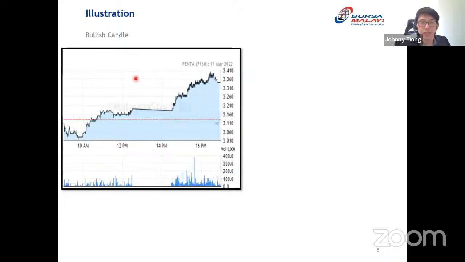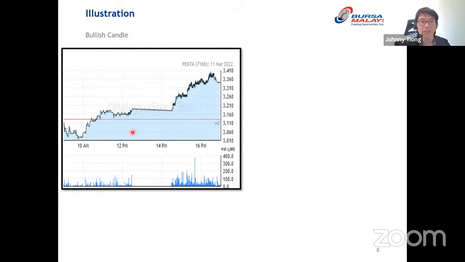This information I extracted from Malaysia stock biz. Before that, I'm going to mention that later we're going to show examples. I'm going to use Chart Nexus, and also if you don't have Chart Nexus, you can use TradingView, or you can also use your trading platform if there's any technical analysis there to see the charts.